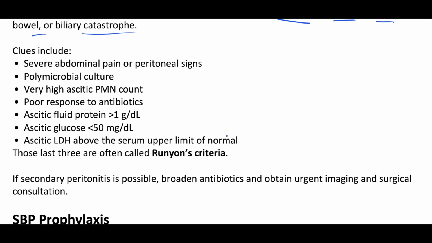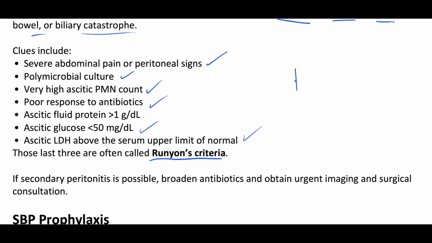And in these patients, right, they usually have peritonitis, peritoneal signs. If you have a culture that's polymicrobial, you did a para and it grew multiple bacteria, that can suggest that sometimes it's secondary, not spontaneous. A very high PMN count, poor response to antibiotics, or if you did send glucose and LDH, the glucose is usually low, less than 50. LDH is usually high. There is something called Runyon's criteria,